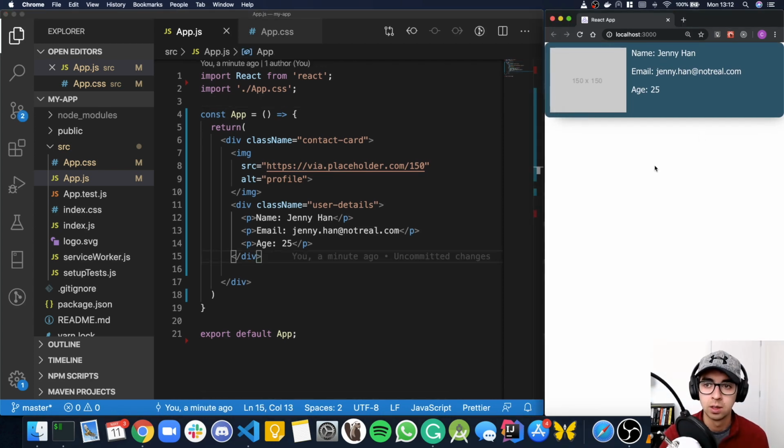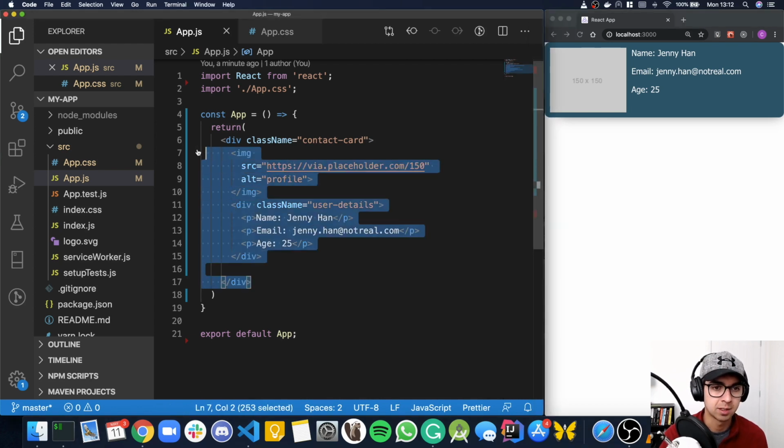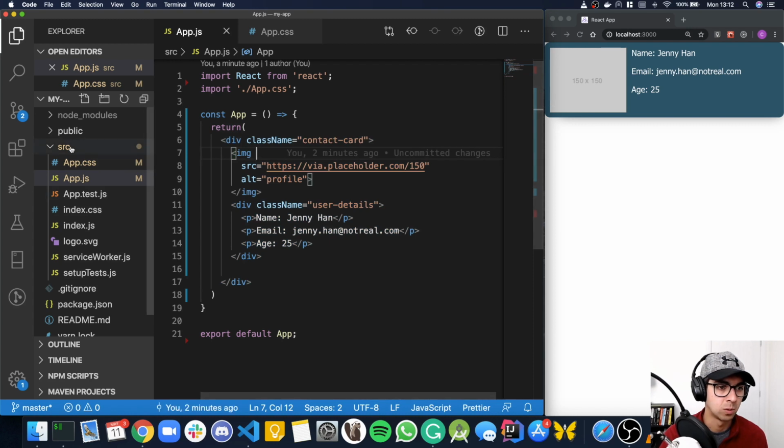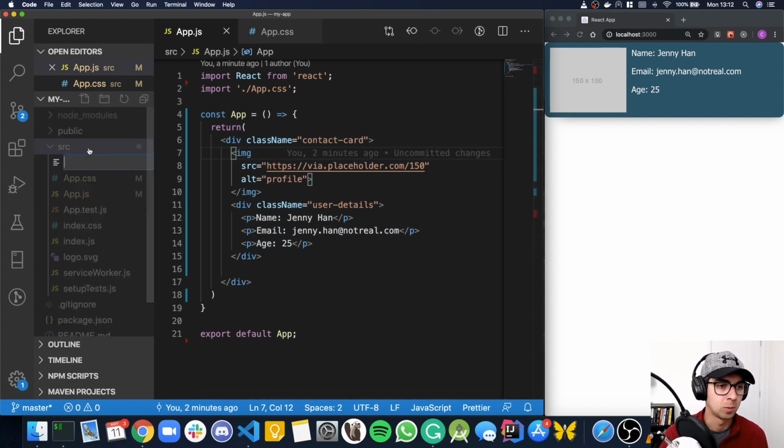Okay, cool. So the next thing we want to do is, since we know that this contact card is going to be used a few times, we want to create our own component from it. So currently everything is in our parent app.js, but what we can do is extract this bit, so the stuff that we know that we're going to be reusing, and put it in its own contact card component. So to do that, if we go to our source folder and add a new file, we'll call it contact